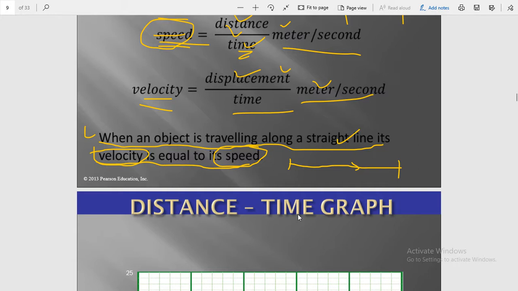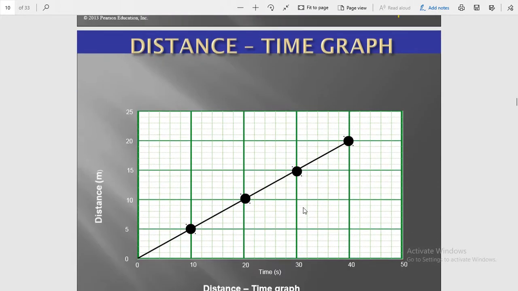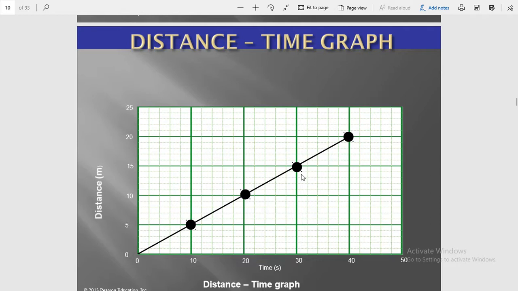Okay, now we are going to understand the distance time graph. Since the motion is in a straight line, you can replace this distance by displacement also. So you can write here displacement also. It means from this curve, after getting this angle theta, you will get velocity as well as